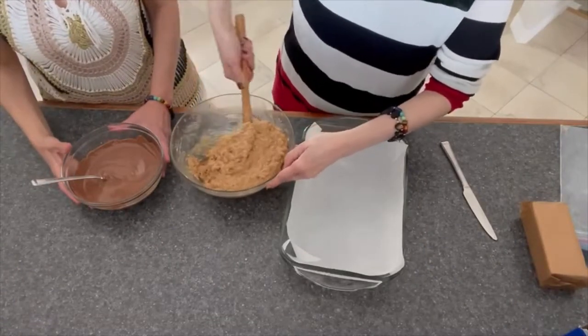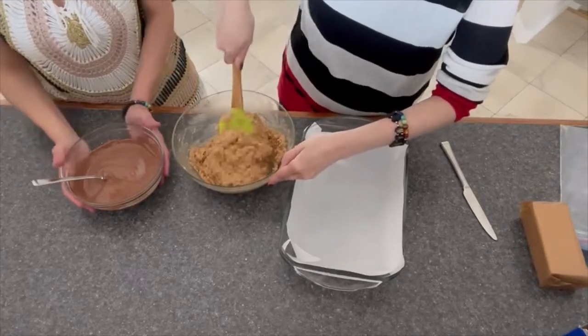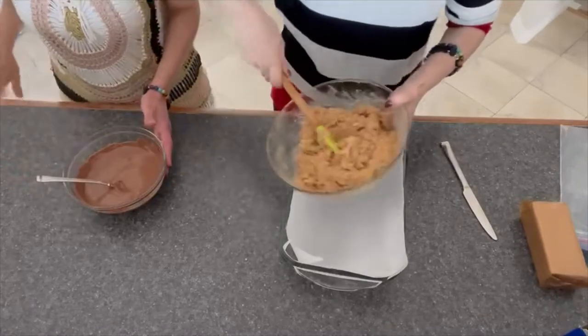All right. So I gave it a good mix. Everything's incorporated nicely. Chocolate's all melted. The chocolate's good to go. Perfect. So what I'll do is I'll just dump it in the...